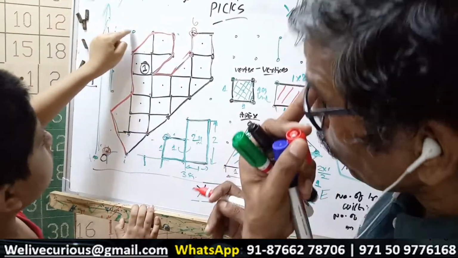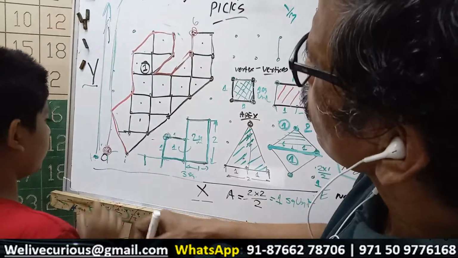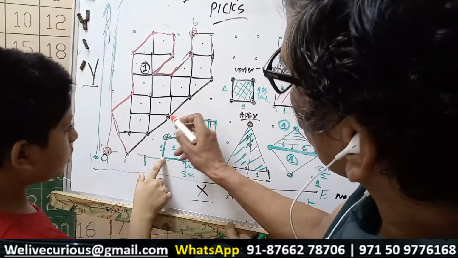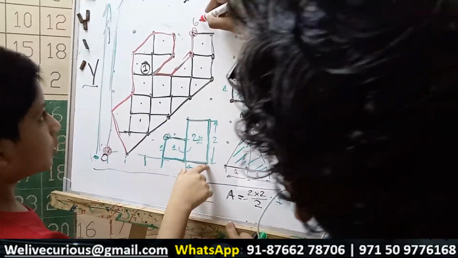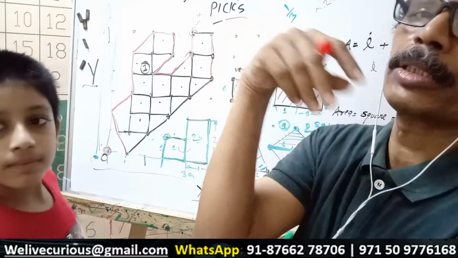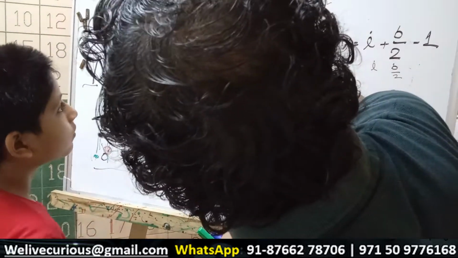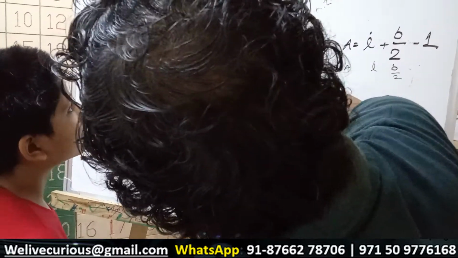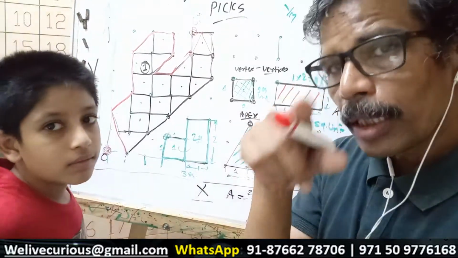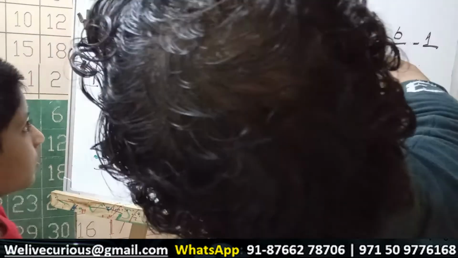Now, can you calculate how much y is? No, how can it be 1? It is 0. This axis is 0. 1, 2, 3, 4, 5. Oh, sorry. So this is 4. 6 and 4, integer values. We can use Pick's theorem like that. If the coordinate is here, if this is the apex, then you cannot use it. You can use it only when this is an integer value.